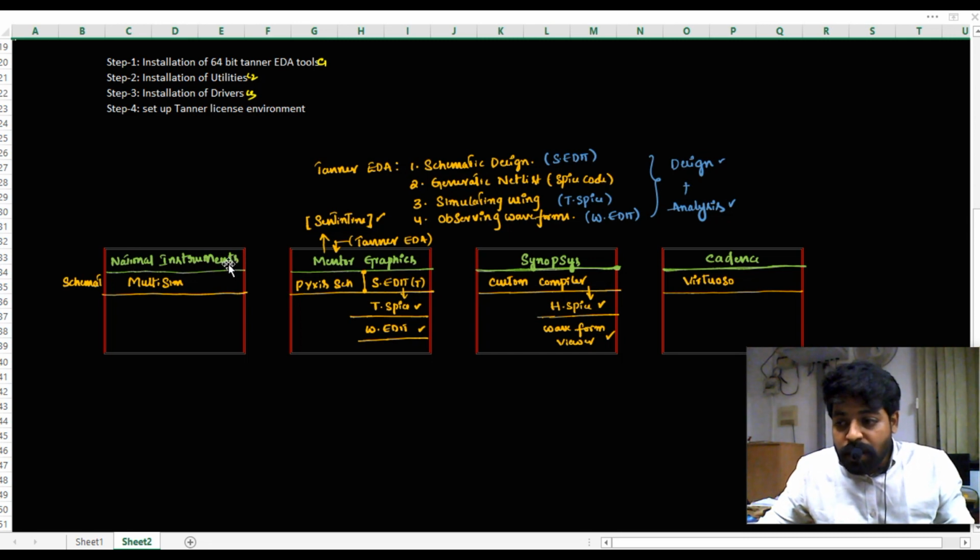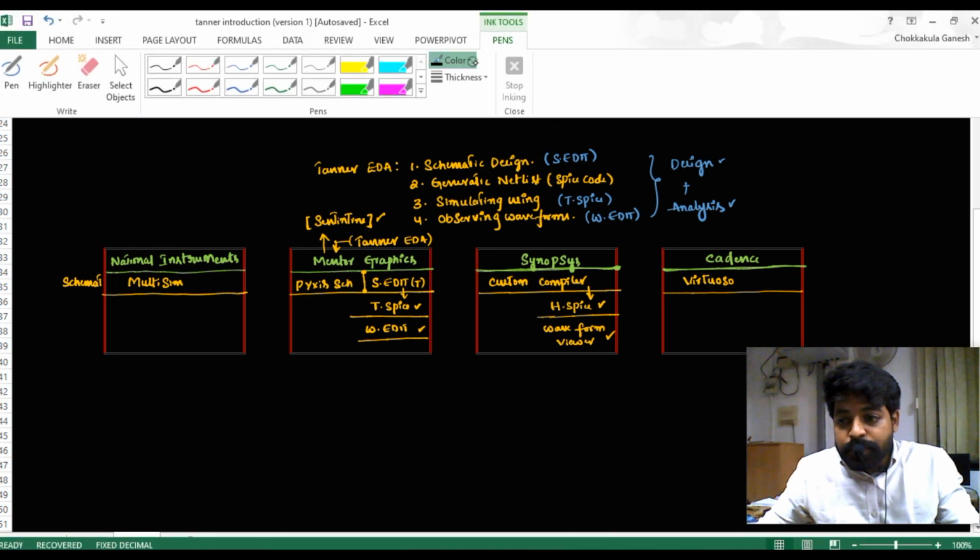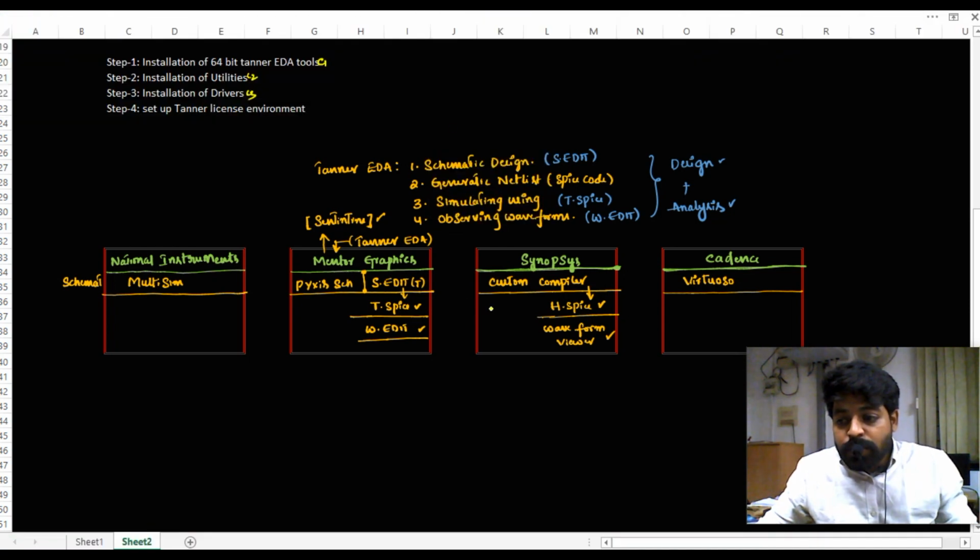National Instruments provides the Multisim tool, and Mentor Graphics provides Pyxis Schematic in the Linux version. SEdit, TSpice, and WEdit come under the Tanner tools in the Windows version, and Custom Compiler is provided by Synopsys, and Virtuoso is provided by Cadence. So one thing common in the list I have given is that Multisim, Pyxis Schematic, Custom Compiler and Virtuoso